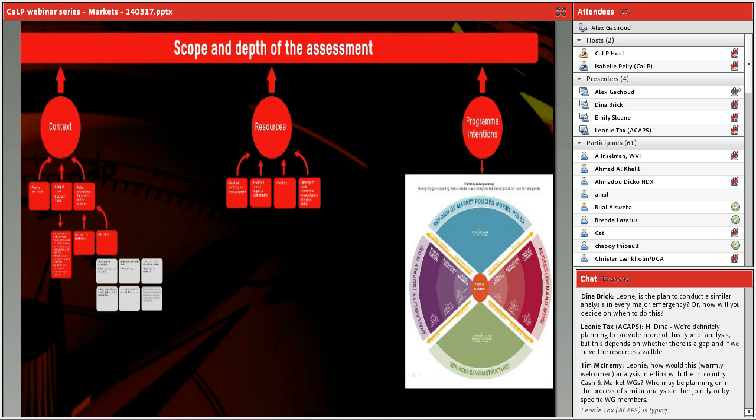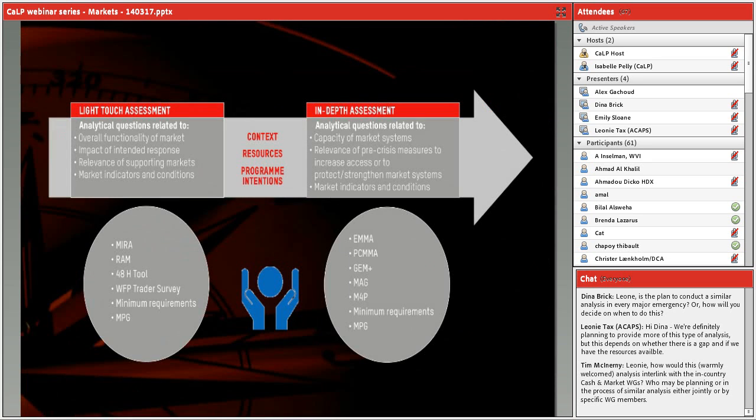So this is another extract or screenshot from the market analysis compass. We saw the different elements that we should analyze within the context, and the level of functioning of markets, for example, is a core element of the context. And on the right, we see what Dina presented earlier, so the market-based programming framework. So the fourth component of the market analysis compass is pretty much the decision